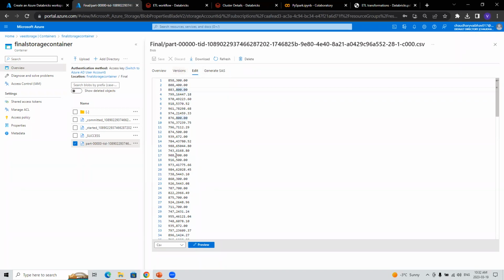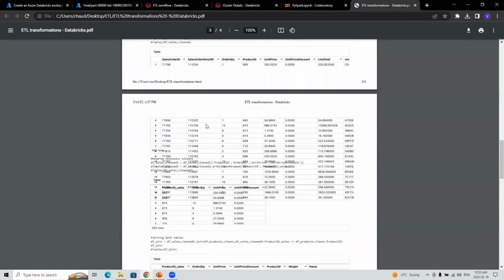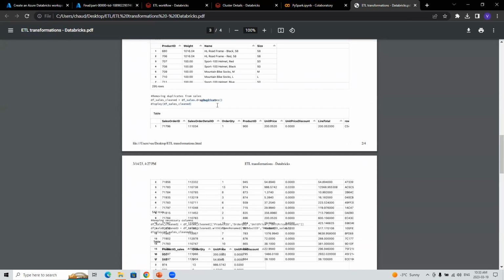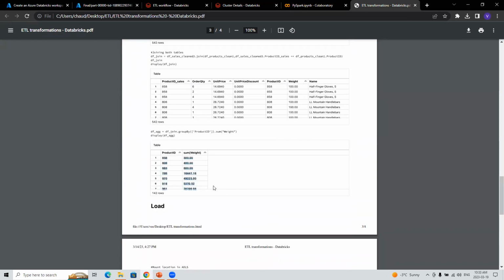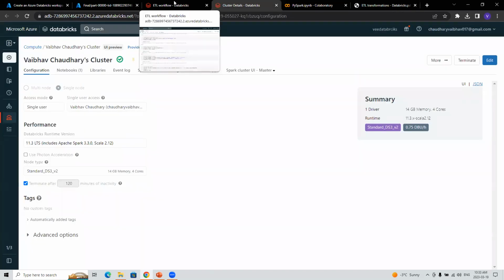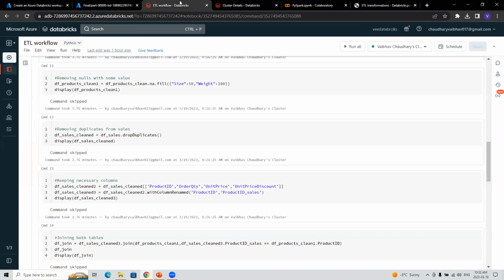The meaning of this is just that when I am doing all of these transformations like join, cleaning the data set, dropping duplicates, from all of these columns I'm getting just two columns, the product ID and the weight. That's it. This was my business logic. And the people who have connected with me earlier regarding the Azure Data Factory, they know that we can schedule our jobs the same way we can do over here.